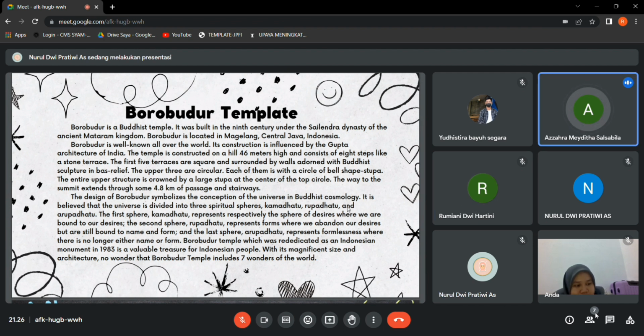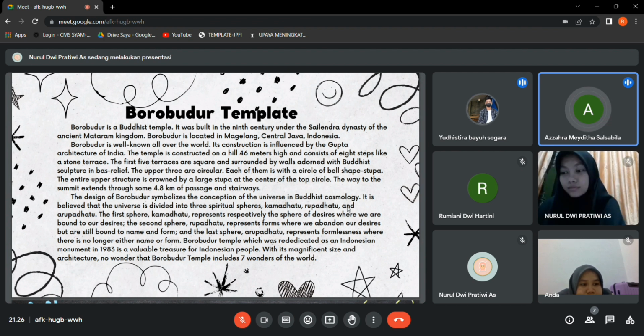Okay, that's correct. And for the third question, how many steps does Borobudur temple consist of? It consists of 8 steps. Sorry? It consists of